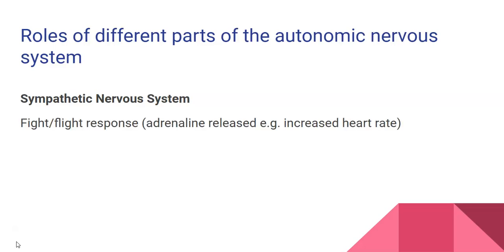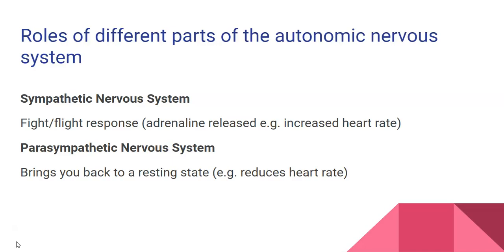So the sympathetic nervous system, this is responsible for the fight or flight response. This is when you think a threat's happening and adrenaline gets released into your blood, and it results in things like increased heart rate or breathing rate. And then we also have our parasympathetic nervous system. So once we think the threat has gone, this system brings us back to a resting state. It reduces our heart rate, reduces our breathing